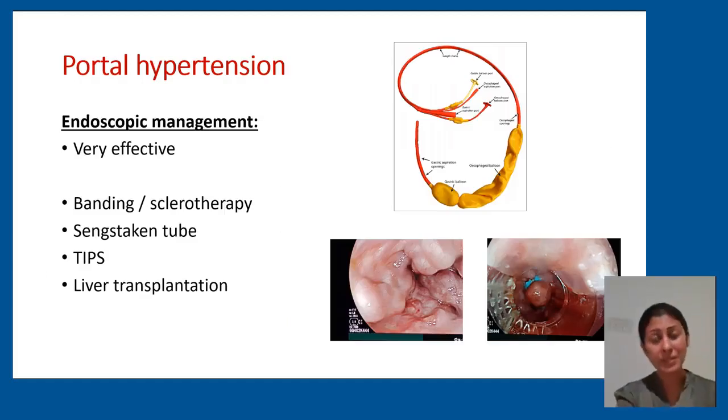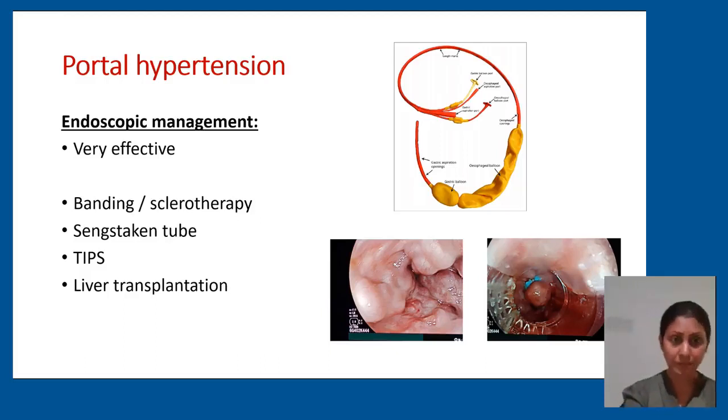Endoscopic management is the most effective when you talk about portal hypertension. Banding, if it is possible in a child who is maybe more than 1 year, if you can pass a bander through the endoscope, is the most effective therapy for varices. If you can't control portal hypertension, maybe you band esophageal varices till the child bleeds, or else if you have varices in the stomach, duodenum, or the child bleeds from portal hypertensive gastropathy, then you have to consider liver transplantation